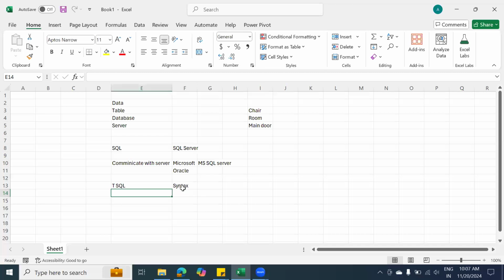Now, let's come here. We talked about two more words. One is called DBMS and another one is called RDBMS. What is DBMS and what is RDBMS? Database management system. Okay, then what is RDBMS, sir? Relational database management system. Yes, most of the people know this. Database management system and relational database management system.